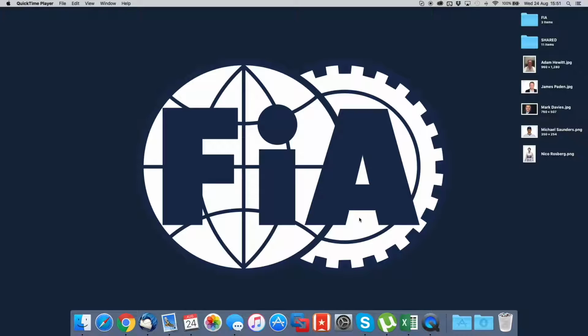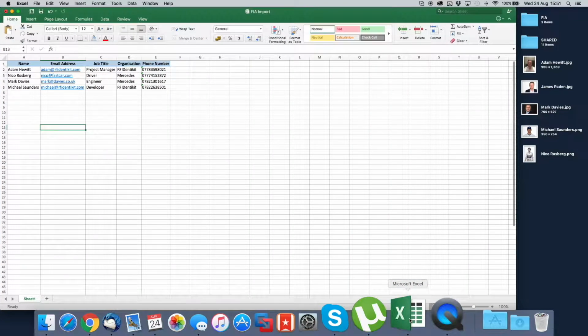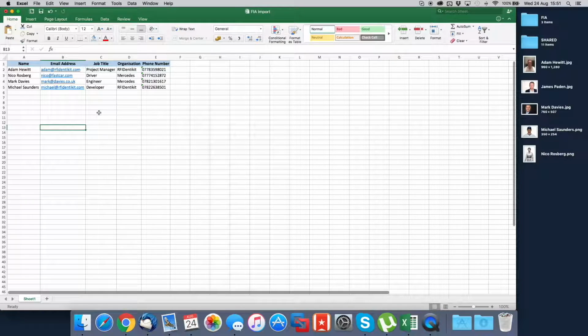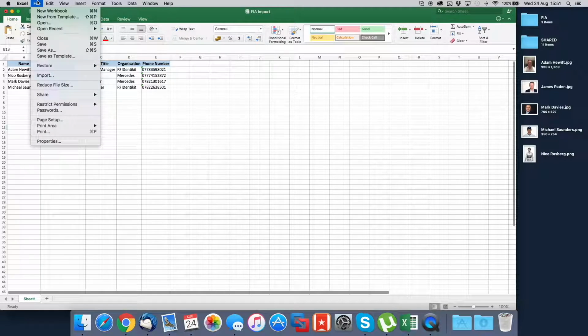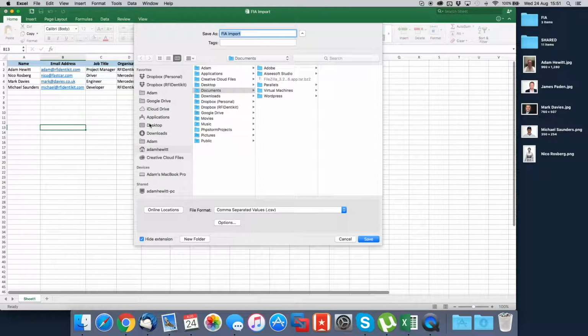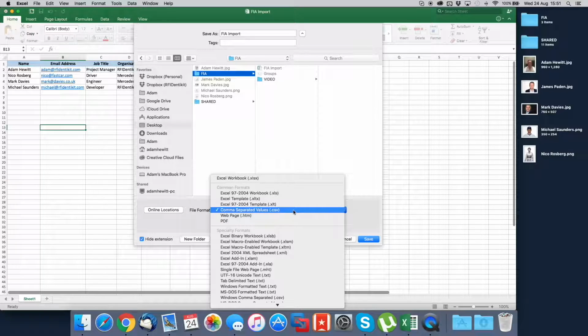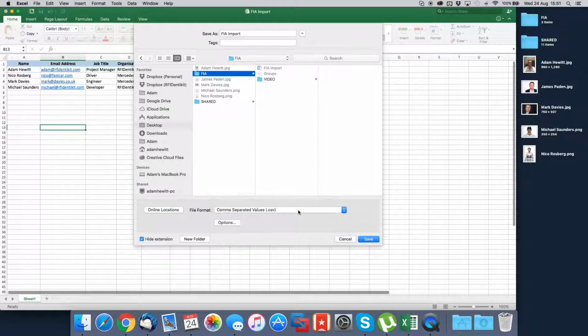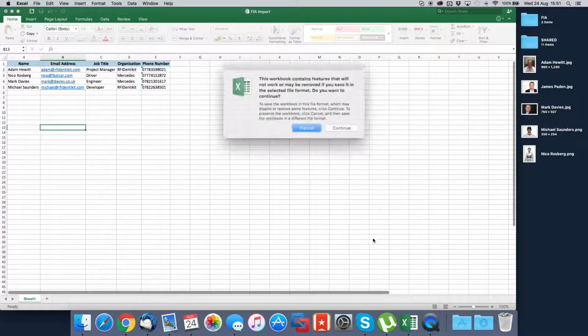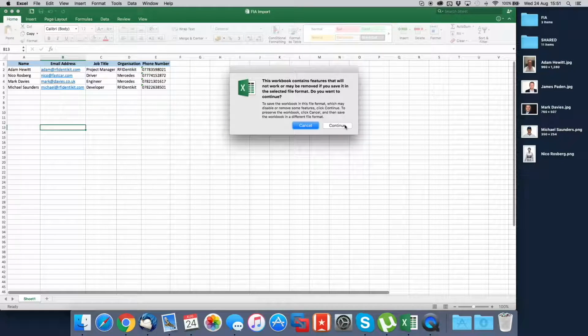So we're going to start by opening Excel. Here's the list of all the people we want to invite. There's only 4 for this example. But we need to make sure that this is saved as a .csv file, that's comma separated values. So we decide where we're going to save it, and make sure it's saved as comma separated values, and we click save. The error message we get, we just click continue,